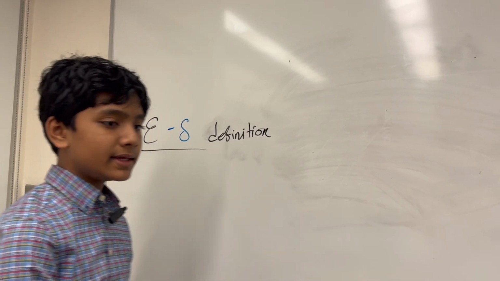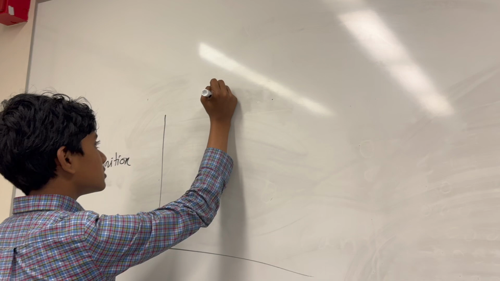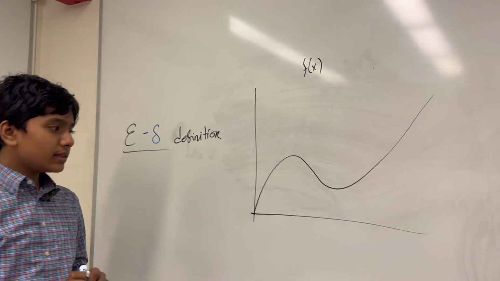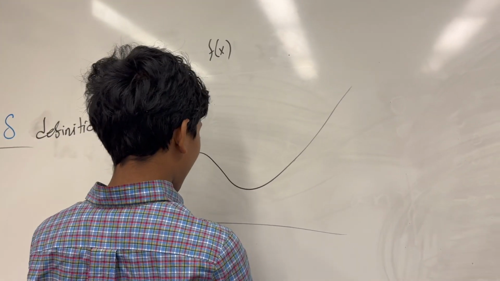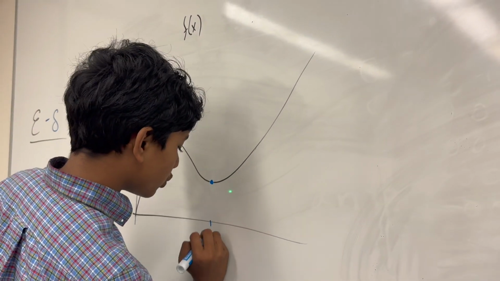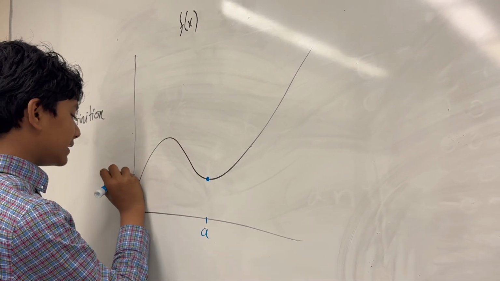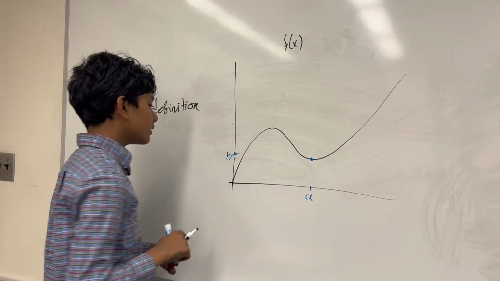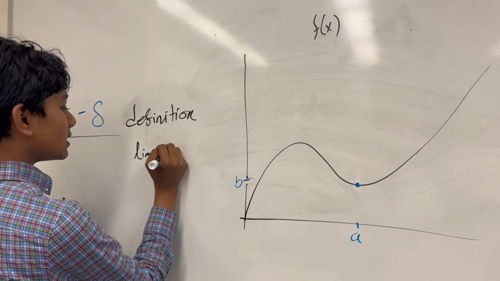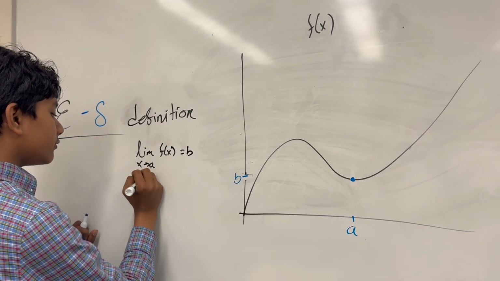So, what does that mean? Well, essentially, if we have a function, f of x, and it's groovy like this, then the limit of f of x as it approaches a certain point, and let's say this point has an x value of a, so that means its y value would just be f of a, y value of b. Then the limit of f of x as x approaches a equals b if and only if